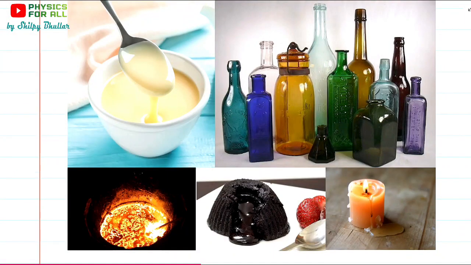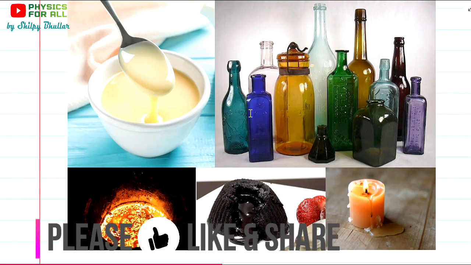Here you can see all the examples. We have here condensed milk. See, the name itself says condensed milk, so it's the solidified milk. If you just keep on heating milk, ultimately it solidifies. The liquid content keeps on vaporizing, and what is left is basically the solidified form. So you can see it's still liquid also, but it's not as flowy as normal liquid is. It's kind of solidified.